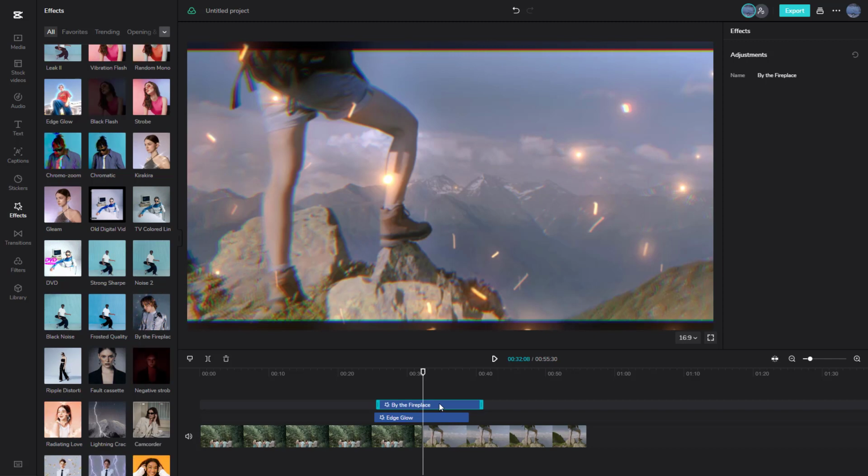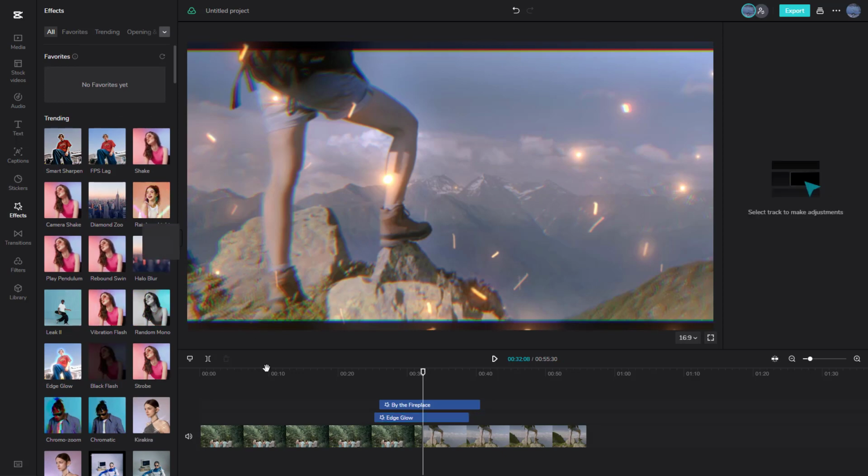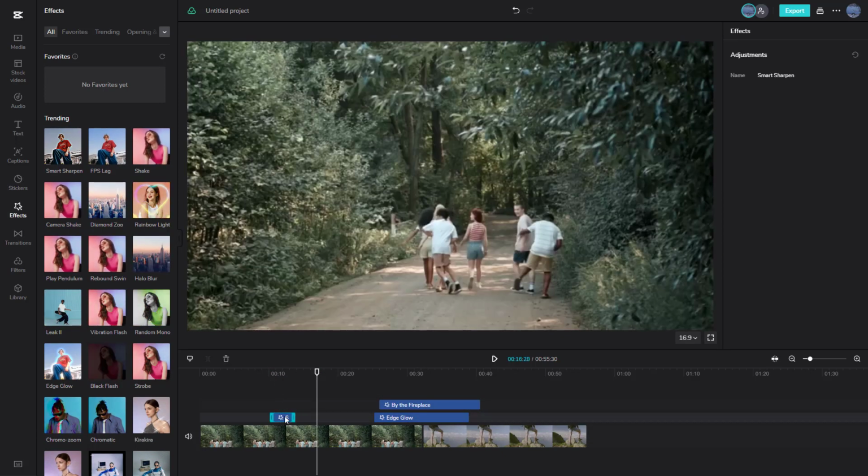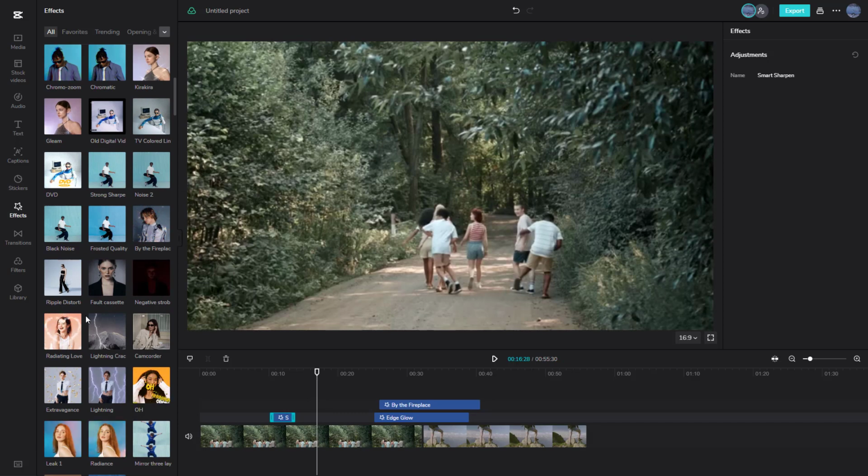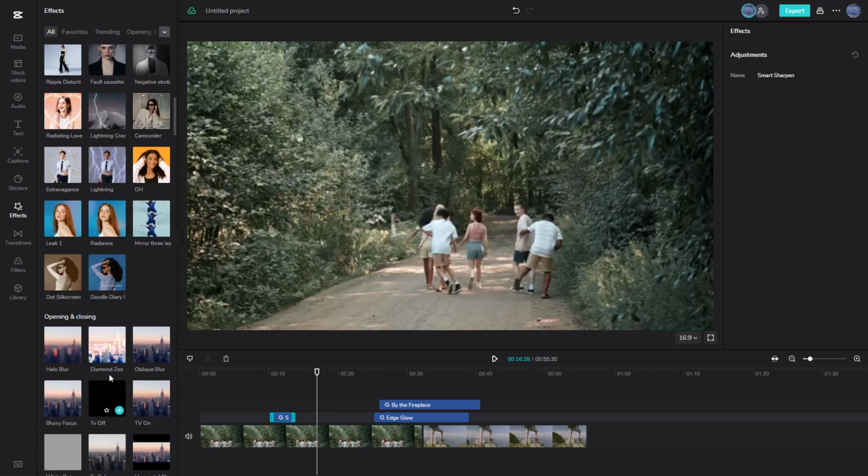So if I were to click on this clip right here, in the adjustment you don't see anything. That is because for by the fireplace there is no adjustment option. Let's just go onto S glow, and you can see that this is what you have. Depending on the effect, whatever you bring in, you might get different options as well. So under the adjustment, there might be different settings that you can work with to change how